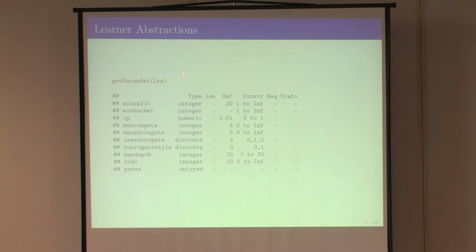And it took a huge effort to manually enter all of this for all of these associated algorithms, but now it's there. So you can see all of the different hyperparameter settings for the decision tree. You can see the type. It might have a length if it's a vector. There's a default value taken from the documentation. Constraints, so this one goes from 1 to infinity, well, because it's a counting variable.